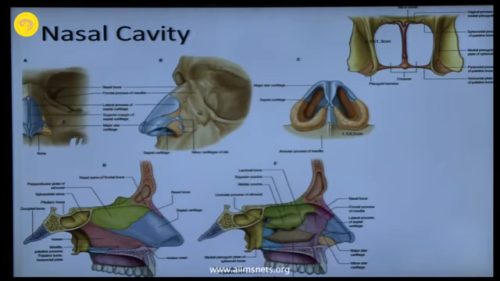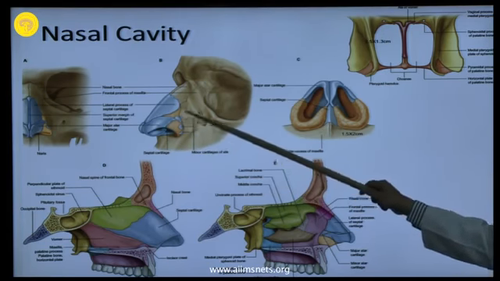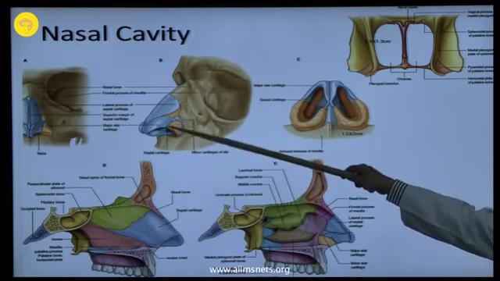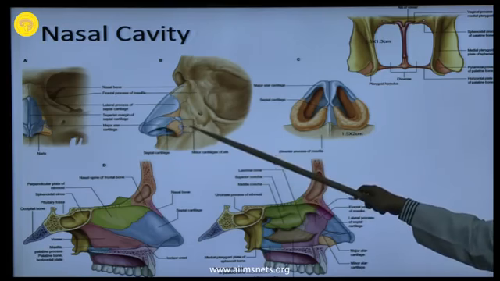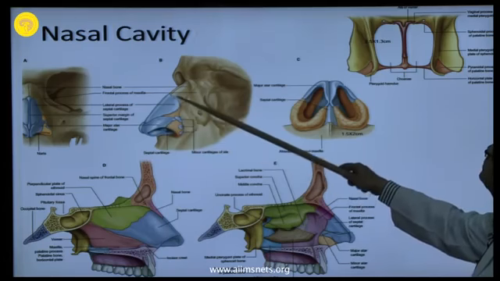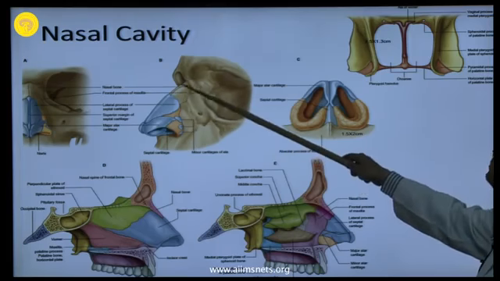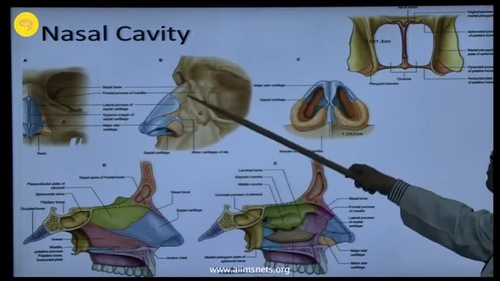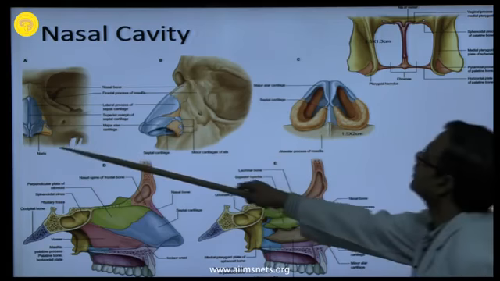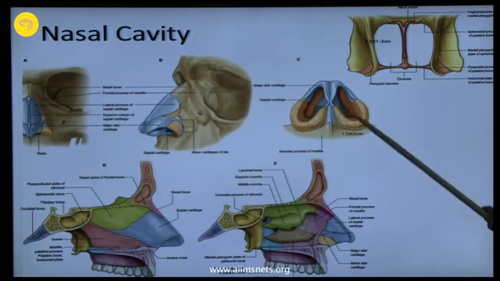So, the anatomy of the nose, when you start from the external nares and the skeleton of the nose, the anterior part of the nose is made up of the cartilages, which are bound together by some fibrous tissue which is mobile. So, there are septal cartilages and some processes which articulate with the bones of the nose, which is part of the maxillary bones, and the nasal bones, part of the frontal bone also. So, this is the anterior nares, and in the midline you can see the septal cartilage is there.